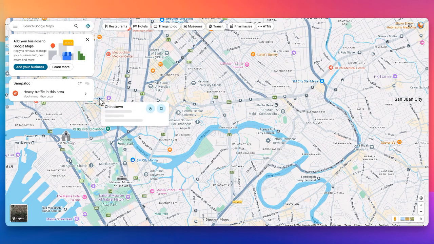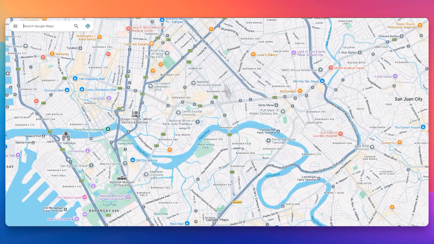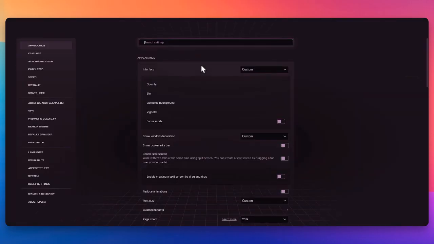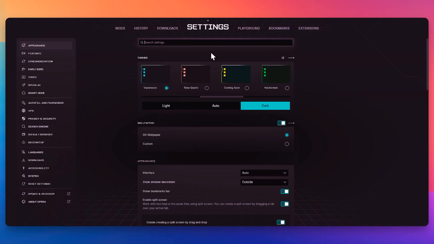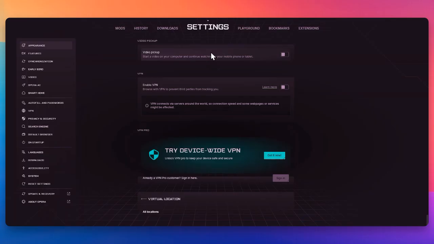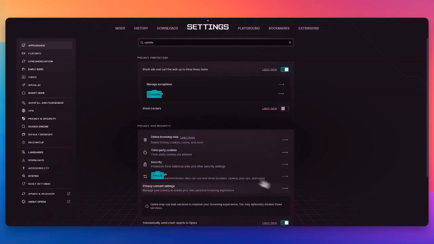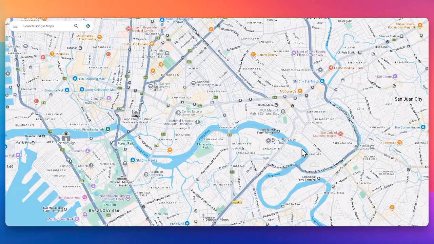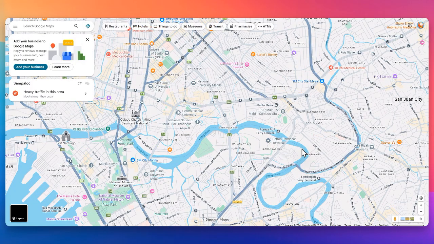Another important step is updating your browser itself. Google Maps on the web depends heavily on modern browser versions. Updating Chrome, Edge, or Firefox ensures compatibility with the latest Maps features and performance improvements. Once your browser is updated, restart it completely and reopen Google Maps. You should now be running the most recent web version automatically, since updates are handled on Google's server side rather